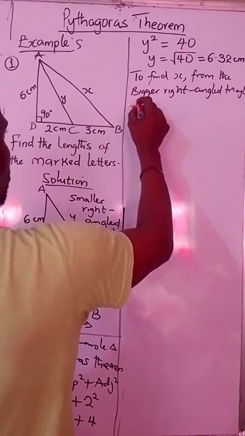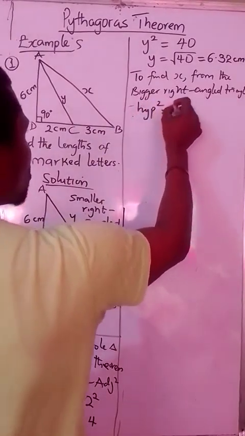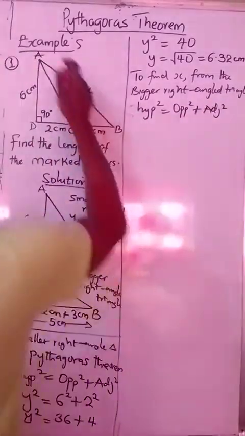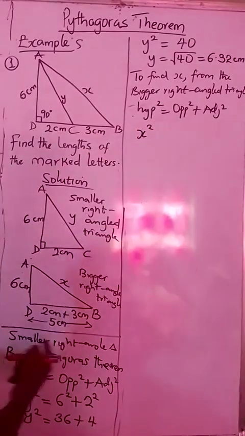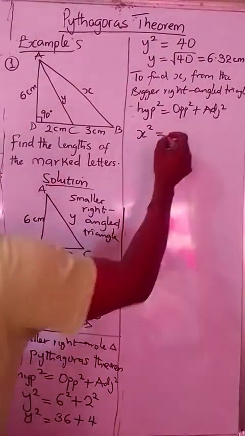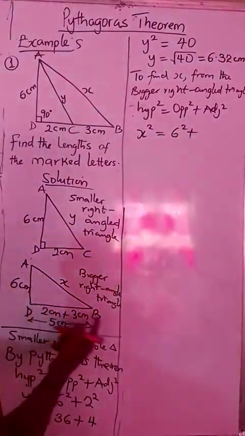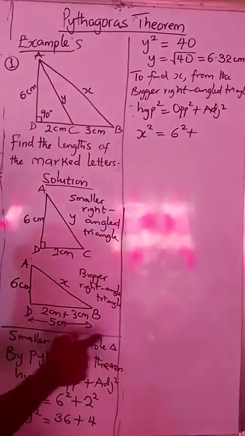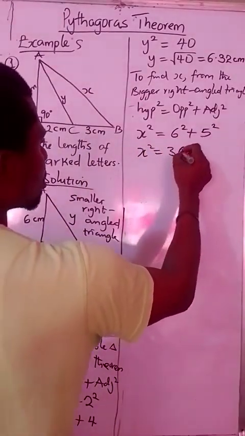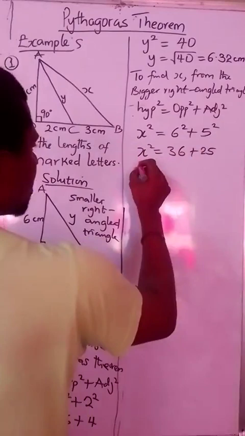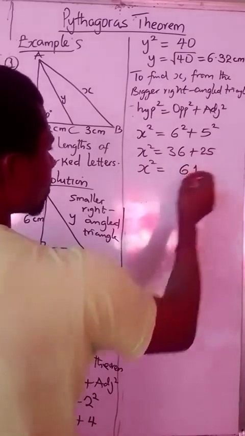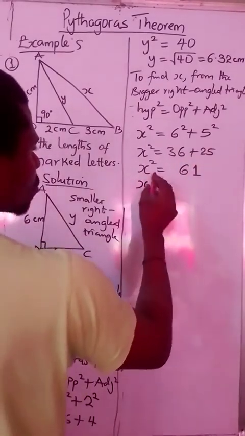We're still using Pythagoras, so hypotenuse squared equals opposite squared plus adjacent squared. So x squared from the bigger triangle equals our opposite, 6 squared, and our adjacent is 5. That's 2 plus 3, 5 centimeters squared. So our x squared equals 36 plus 25, which is 61. Therefore, our x now equals